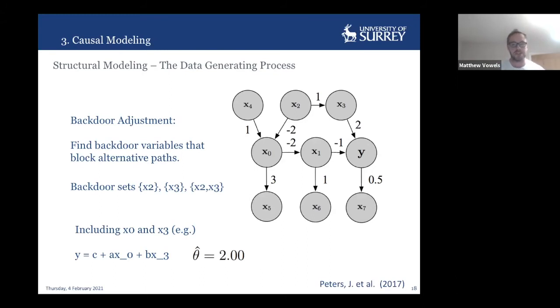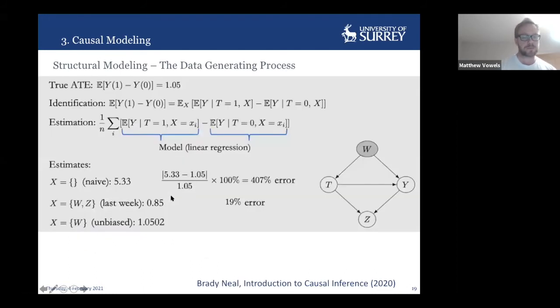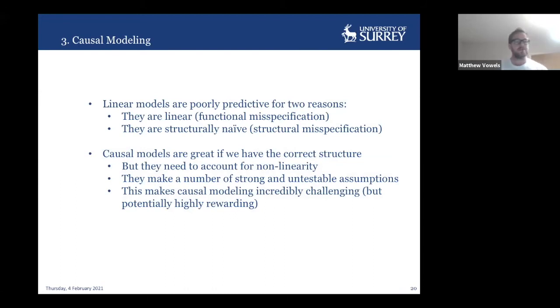But then you're assuming you've got the correct structure, and actually it can take years to get a detailed understanding of the causal structure of a system. Furthermore, this is assuming linearity and that the system's static, so you have to trust that the system doesn't change over time, which unfortunately with humans is extremely unlikely. So you have to simultaneously be adapting your SCM to changing world conditions and changing dynamics, which is a very, very challenging task. Causal models are great, but they still need to account for nonlinearity. You have to worry about that even in the causal domain.